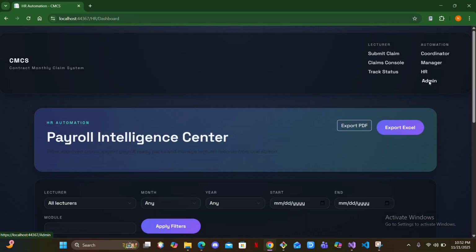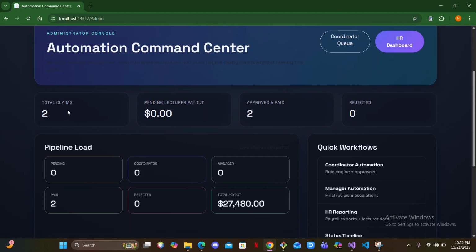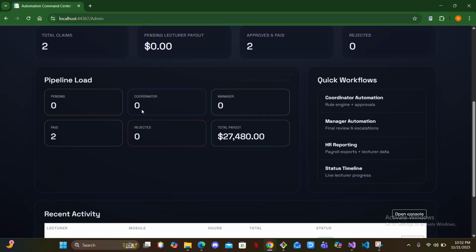So now heading back to the admin dashboard, currently there's 2 claims. There's been zero that have been rejected because both of them were approved. You see in my actual dashboard, there's nothing pending with coordinators, there's nothing. So for instance, this is almost like, I want to say, a mini Kanban board, like a to do or currently doing or waiting,